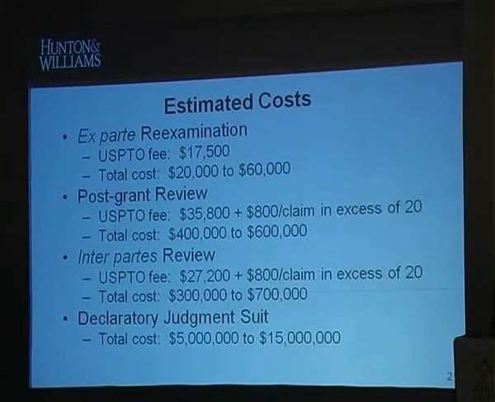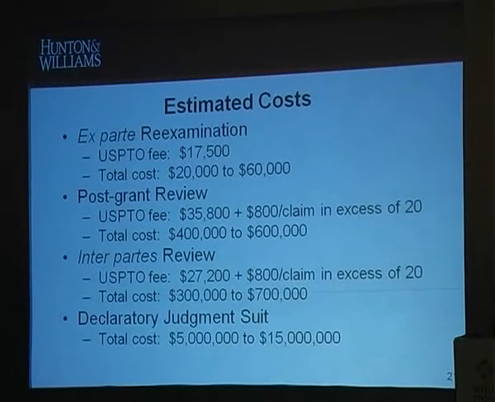The total costs are not going to change very much because the bulk of the costs are typically litigation-type expenses. Ex parte reexamination is $20,000 to $60,000, which is comparable to what one can get into in the original prosecution sometimes. The post-grant reviews are up in the order of $500,000,